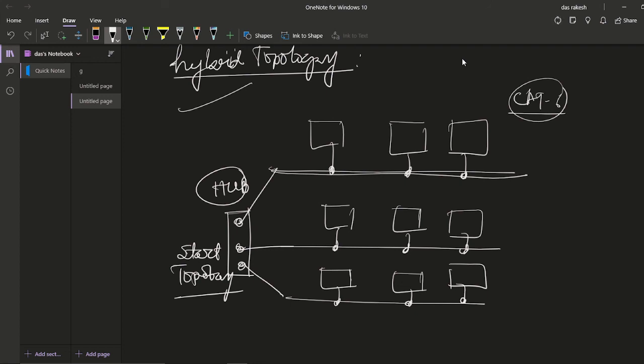Okay. In the next video, we will discuss the network models and the categories of networks, the LAN, MAN, WAN, and the basic interconnection of networks, also known as an internetwork. Then we will discuss the different types of protocols and standardization in the next video, and ultimately it goes to the OSI and TCP/IP protocols.